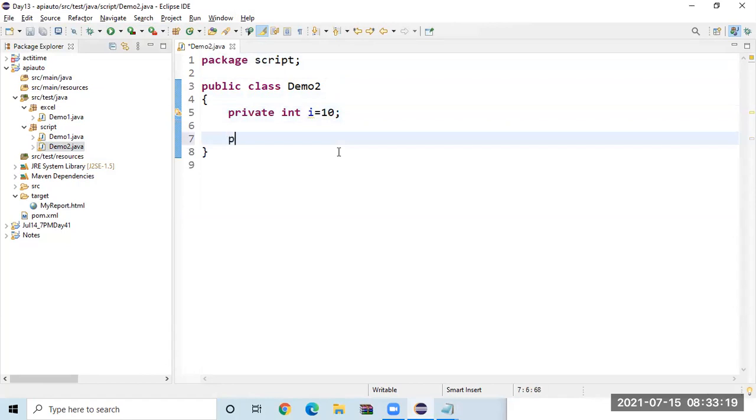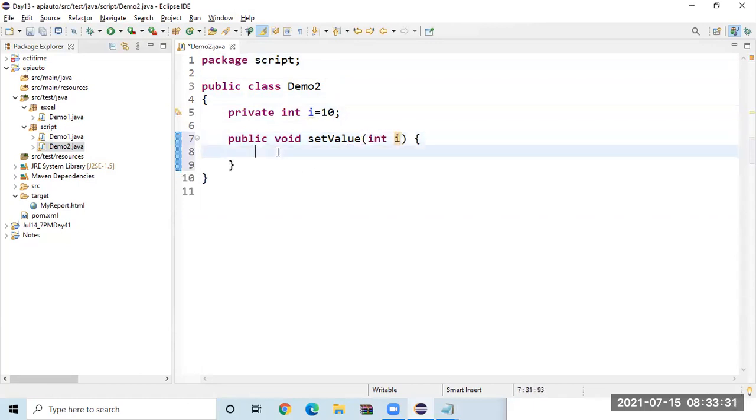I will write the code: public void setValue, taking one argument, int i, and here this.i = i. You know why I'm using the this keyword? It points to the current object, because the variable name is the same as the global variable, so it's confusing. That is the reason I use this. If you are not comfortable, use some other variable name to make it simple: i = j.